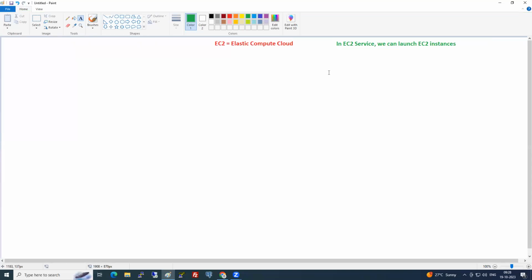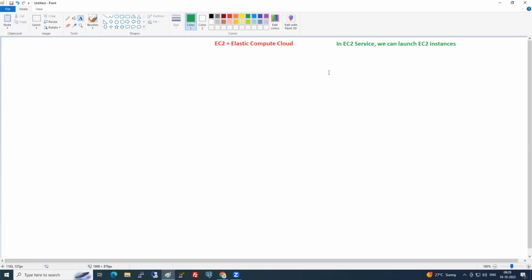Okay. So in AWS, AWS is a group of services. And every service in AWS will be either regional or global. Every service in AWS can be either regional or global. So now the question here is, what is regional and what is global?